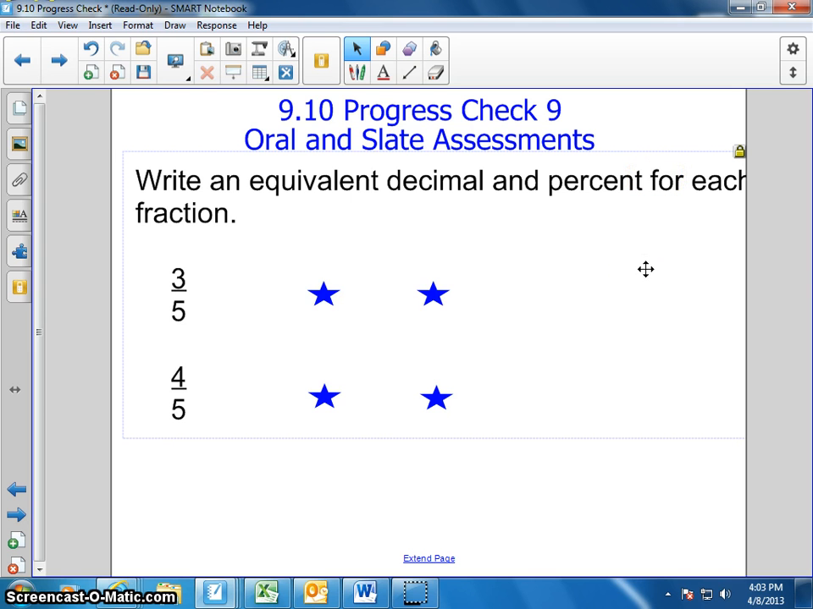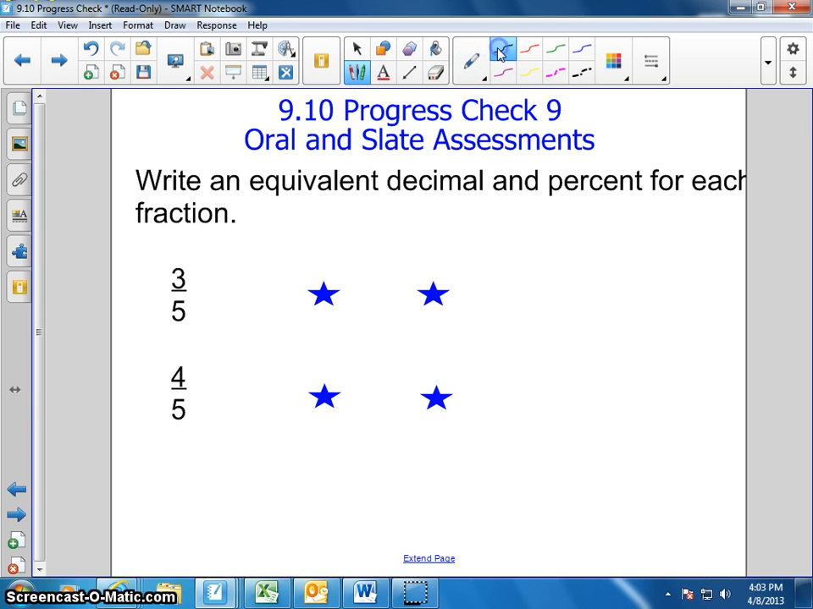Here the fractions start to get a little more challenging, but I think you guys can handle it. So if we have 3/5, it might be a little easier to transform these fractions into equivalent fractions. Well, I'd say an easy way to do that would be to turn them into fractions out of 10. So this would be